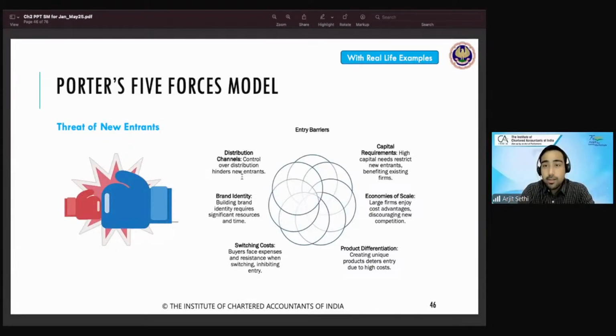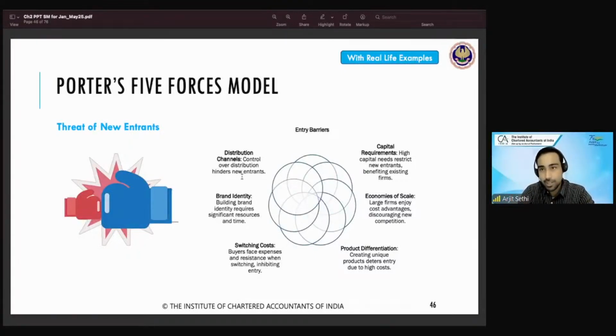Cool. So now the question is, there's a brand identity in your mind. Now these brands in your cities have created a brand identity. Even if new companies come, you're like, we don't want to go there. We'll just go to the brand identity. We know this brand for years. The taste is good. The money is good. Let's just go there. Simple. That's brand identity. Your brain tells you what is brand identity.